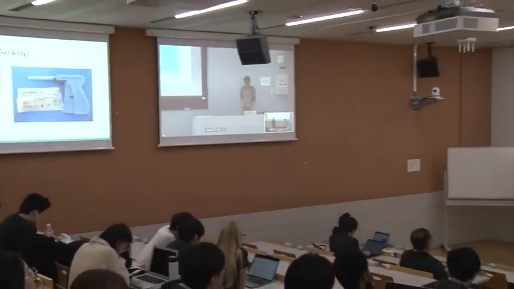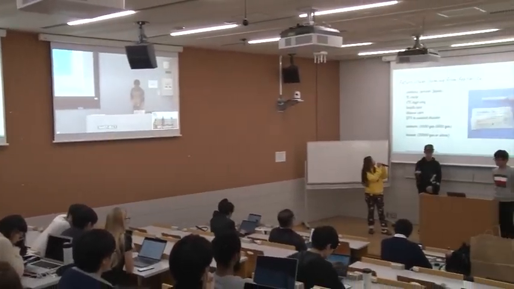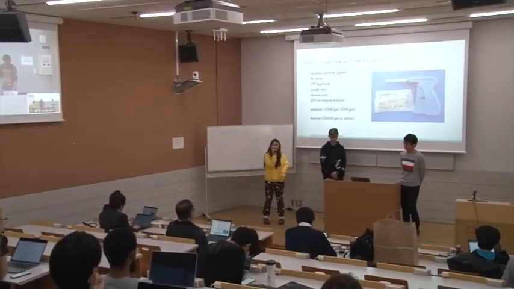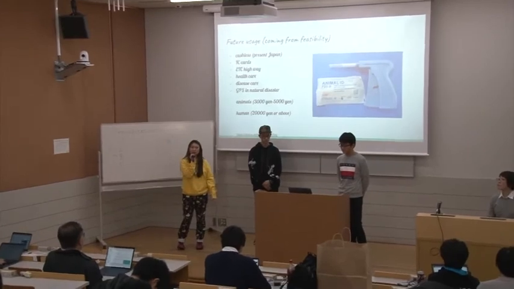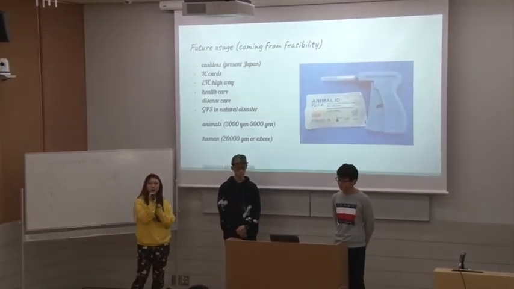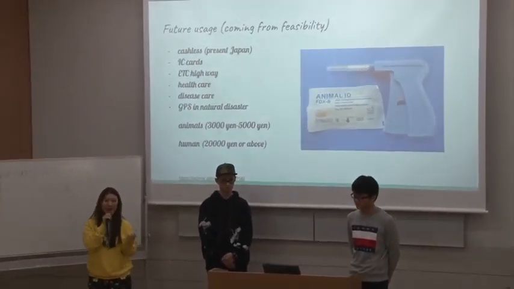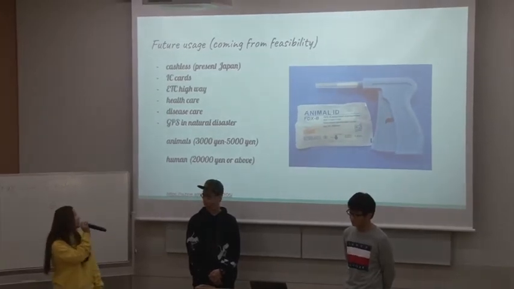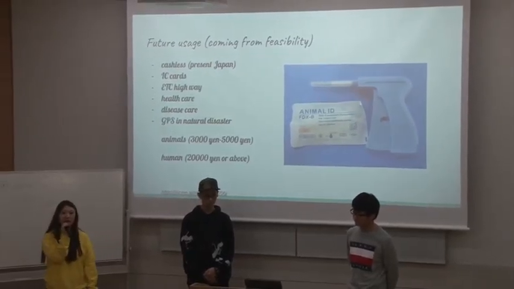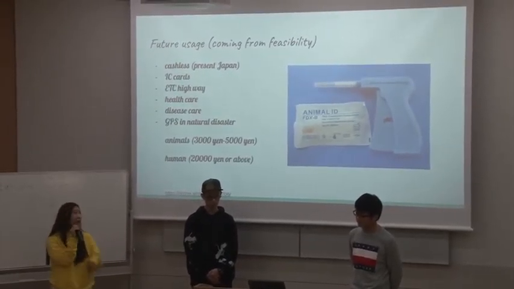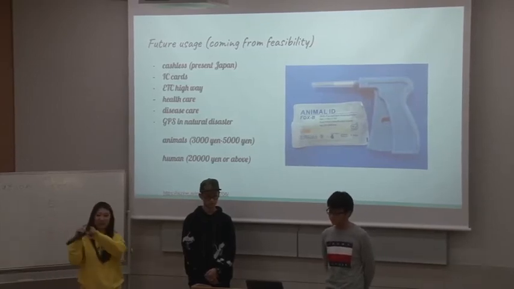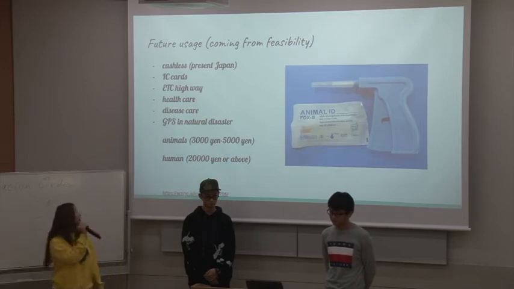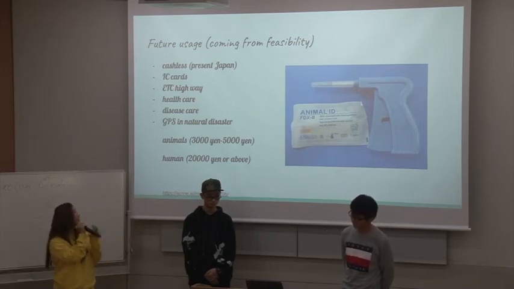The future usage, which is the feasibility, is that it becomes cashless. Right now in Japan, it's also becoming cashless. So it's going to be more like put it in here and beep, and you can buy things. And with an IC card, you don't need the card or ticket, you can just beep. And with ETC Highway, you don't need the cartridge to put into the car, you can just go through it. And healthcare,